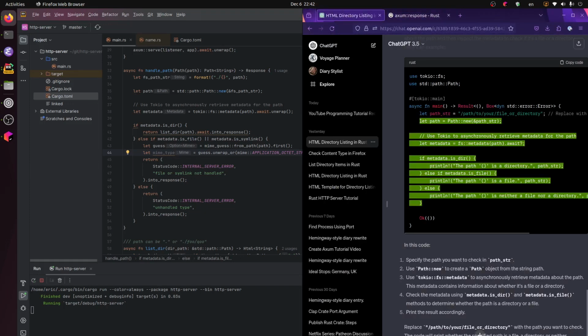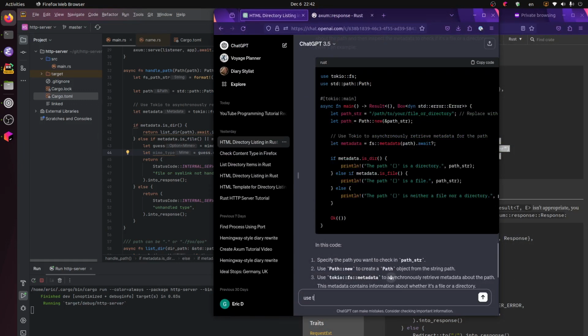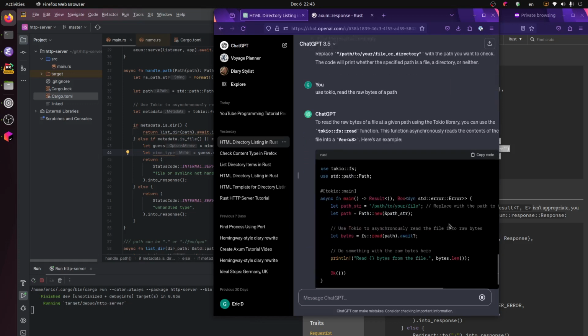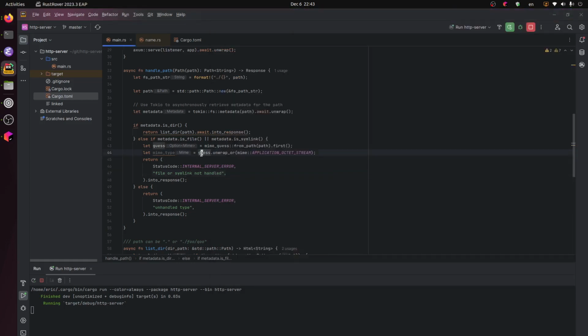So the question would be, use Tokio, read the raw bytes of a path. So it will just use the fs read to read the file into raw bytes asynchronously. So here,